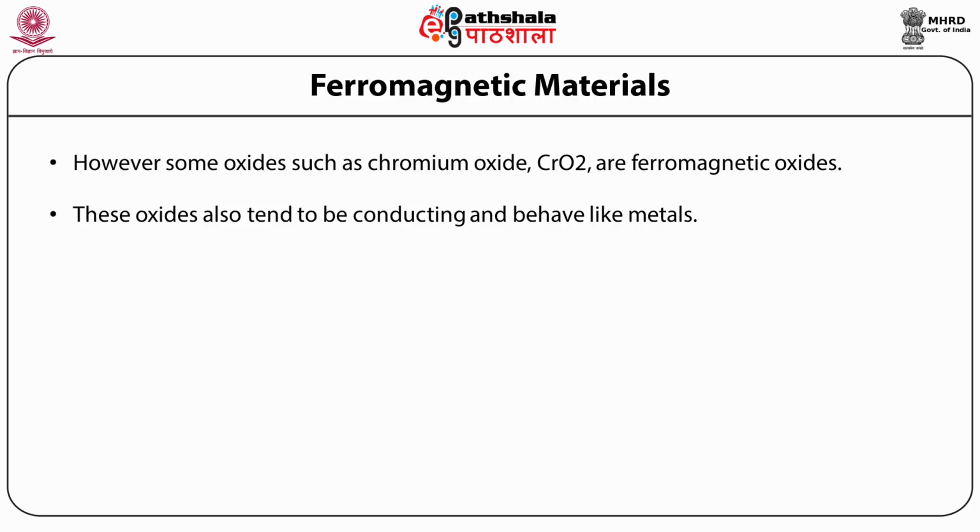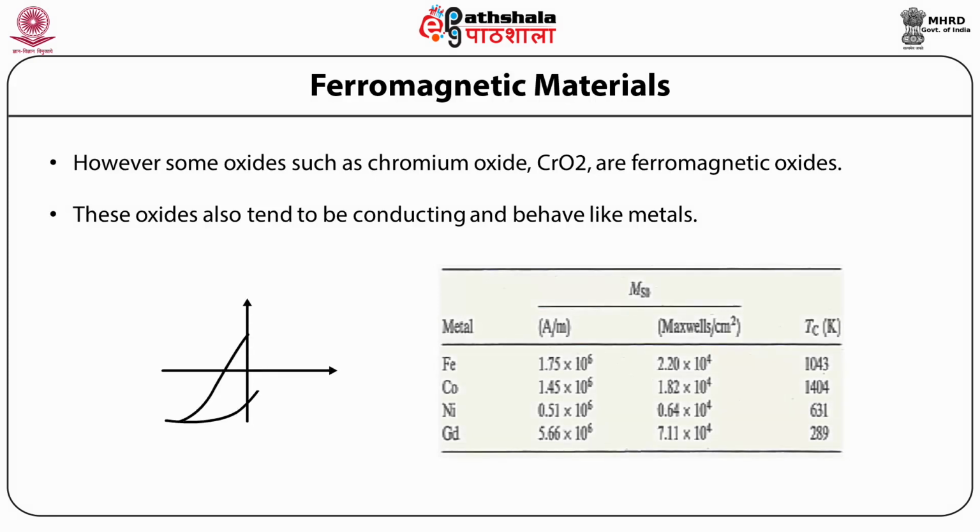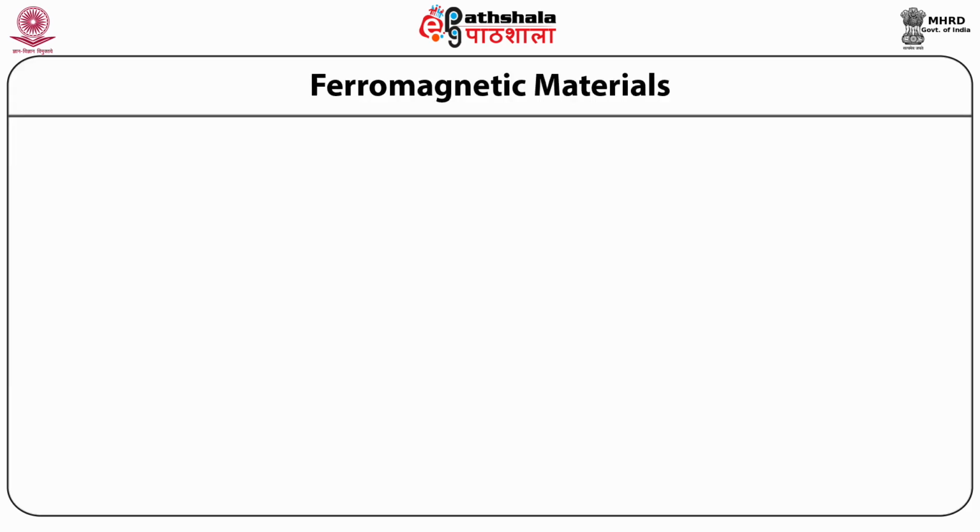Now here there is a parameter, the saturation magnetization, and it has been tabulated here for all these ferromagnetic metals. Now, the ferromagnetic hysteresis loop, as shown in the figure, is due to the domain movement in ferromagnetic